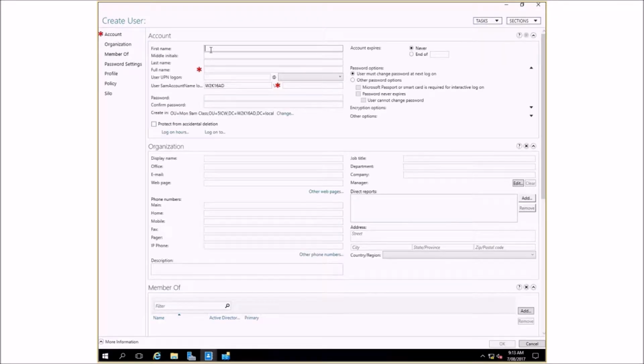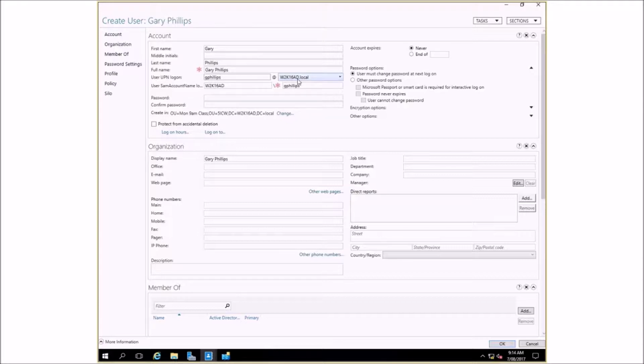In this case, I might create a user for Gary. Gary, no middle name, Phillips. Okay, and the logon name will be G Phillips, and that's our naming convention in class: first letter of the first name plus the surname. So you can see that this becomes a username, and if you notice, there's a UPN logon, which